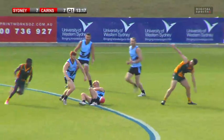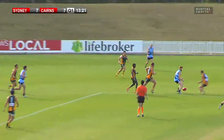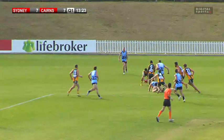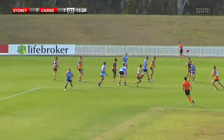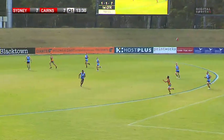And a big fly there. Couldn't bring it in. It was Walsh, I think. So, in fact, it wasn't Walsh. It was Knott. A certain contender if he'd have brought that one down. As we go,